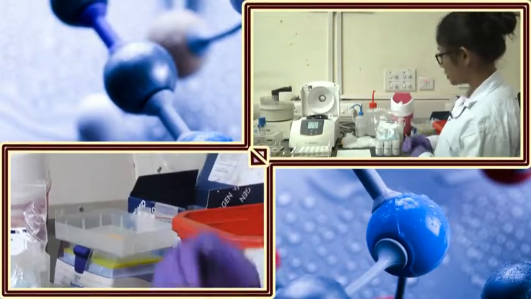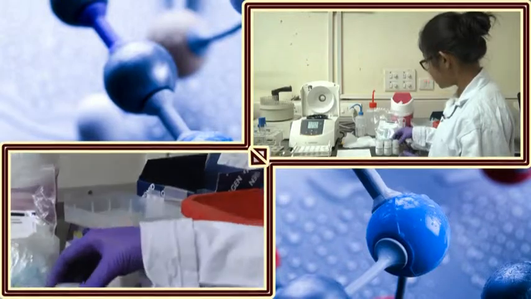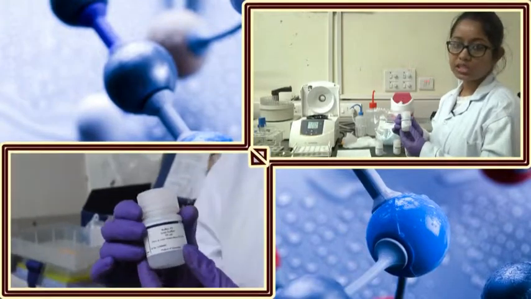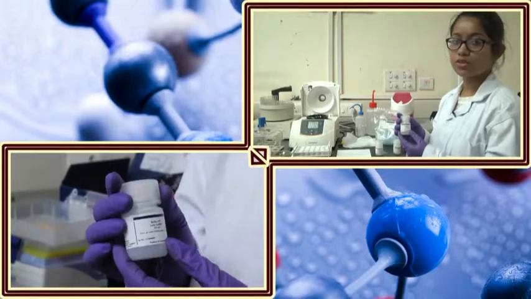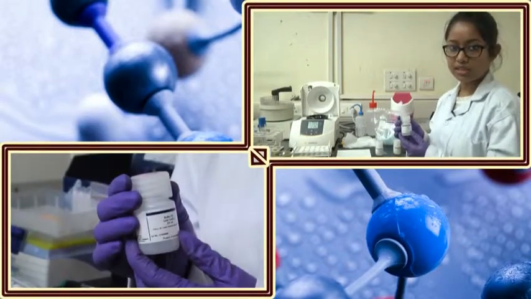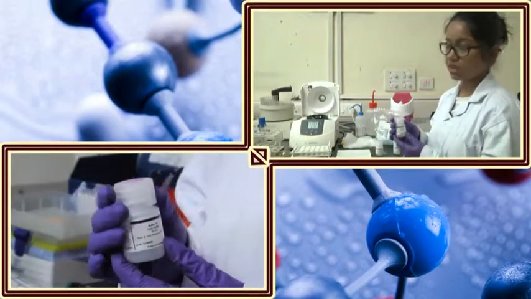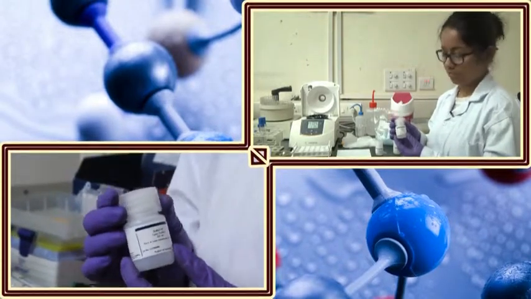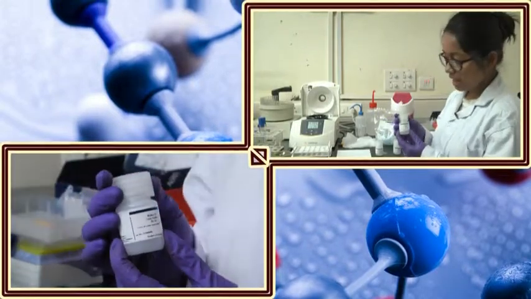After resuspending this buffer, then we need to break down the cell walls or the cells. So, for that we need to have a buffer which is the lysis buffer. So, lysis buffer is mostly alkaline, that is why the name comes alkaline lysis method. So, it has high amount of NaOH or sodium hydroxide. Now, sodium hydroxide will actually denature all the proteins that are present. It will denature the membrane proteins, anything which are protein related will be degraded. Also, it has anionic detergent which is sodium dodecyl sulfate. So, sodium dodecyl sulfate will actually break down the cell membrane and it will help to lyse the cell.